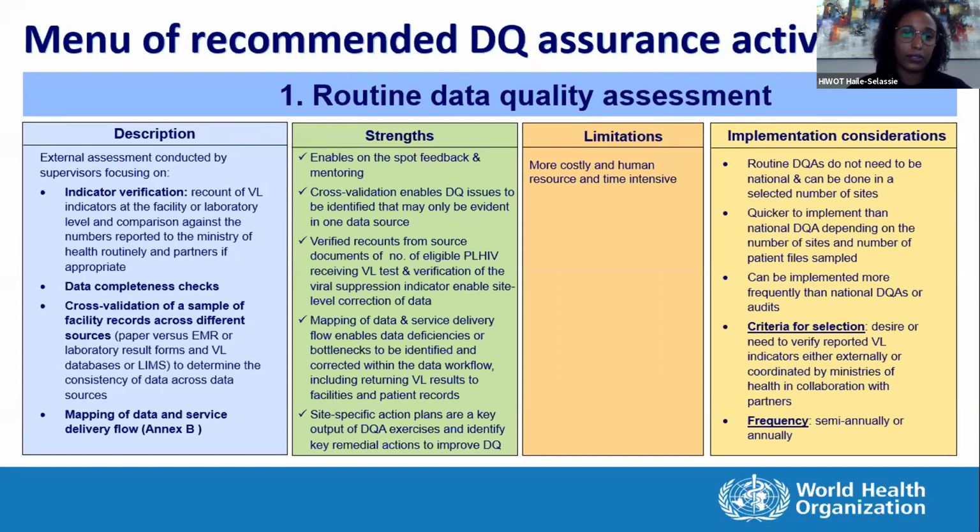And then there are a number of secondary activities, including data completeness checks and cross-validation checks, where you take a sample of records and you compare them from the different data sources. So from electronic medical records, or from the laboratory paper forms, or from the viral load databases. And that's with a view to determine the consistency of the way that data elements are reported across different data